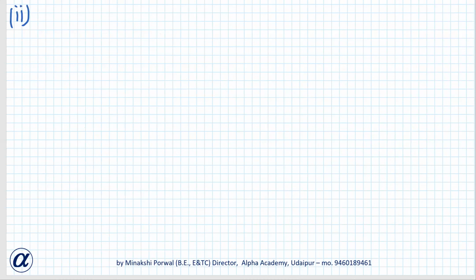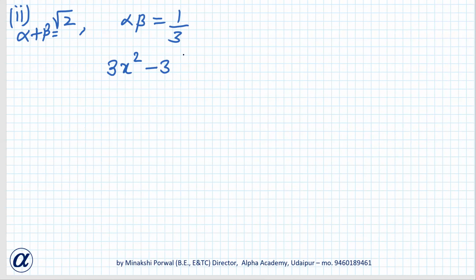Next, second one. Hinal, you tell me what is the answer. Alpha plus beta is given root 2 and alpha into beta is 1 by 3. Yes, what is the answer? 3x square minus 3 root 2x plus 1. Okay, so you have to write k also. If you do not write k, it is also not wrong, but if you write k, it is absolutely correct. You don't have to worry. Don't think that because the NCERT book back exercise answers don't give k, it will be wrong. It's correct, and you can write k is a constant.